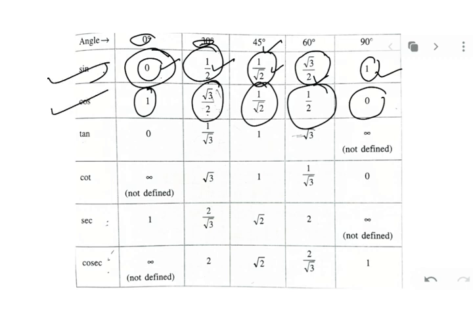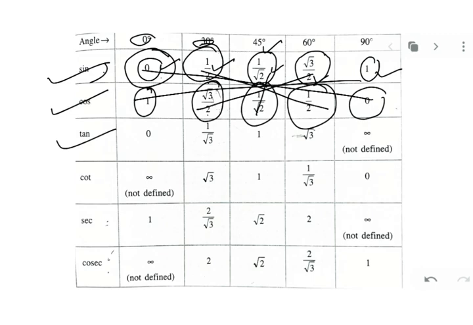sine, cos, tan. If you learn just sine, in fact if you just go through the sine table, cos is just the mirror image of sine. So you will get to know that 1 will come here, then root 3 here, then root 2 here, and this is matching. You will just have to go through the sine values of 0, 30, 45, 60 and 90 degrees, and cos is just the mirror image of those values.